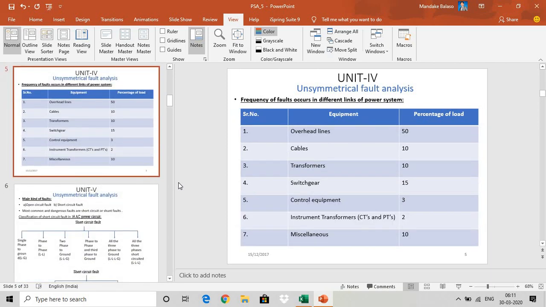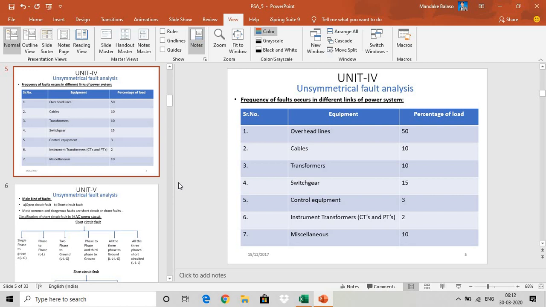Now, if we discuss the frequency of faults occurring in different links of the power system, what is the meaning of link of the power system? We have the idea of the power system. What is meant by the power system? Power system is nothing but the arrangement for transmitting power from the generating station to the load, and